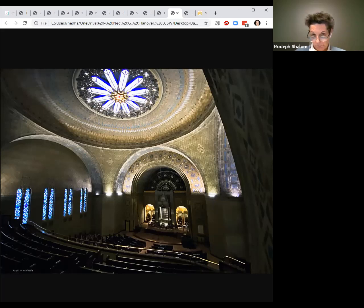I call this the soul of the building, because you see the light above, how darker it does get below. And even in the darkest places, you can see I'm in a darker place because I'm in a corner. You can still see the light shining, and that is almost like God looking down through